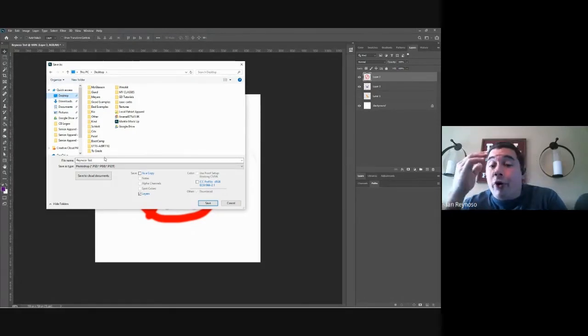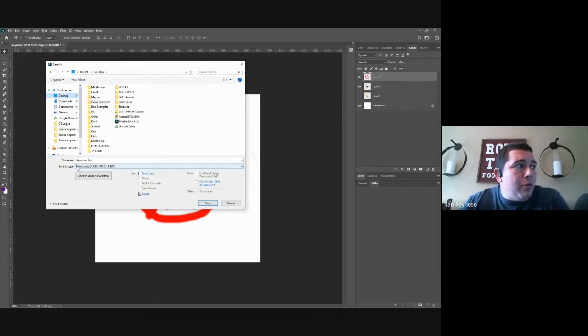If you're on a Chromebook, I believe it'll have your Google Drive right here. So you can click on the Google Drive to save it there. But here's the important notes to take on our saving process, okay? With the Save As type,